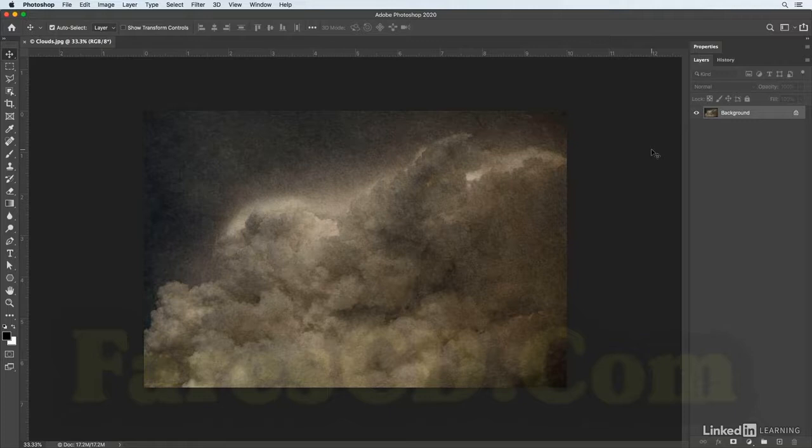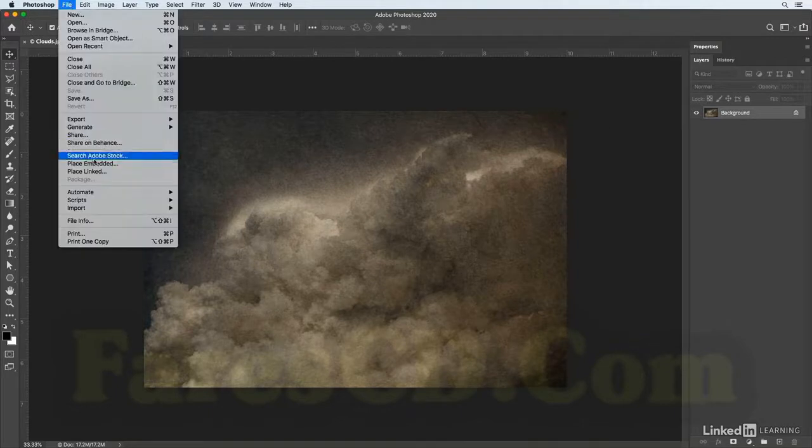Now, there are a number of reasons that you might need to change the contents of a smart object. Perhaps you're doing template work, or maybe you need to swap out images. You might be creating a design and you're waiting for the high-res version or the final retouched photograph. Or maybe you simply want the flexibility to be able to return to an image and make non-destructive edits at any time. So let's go ahead and grab a smart object.